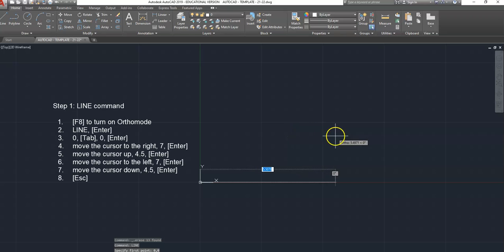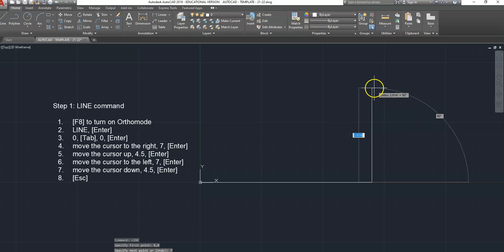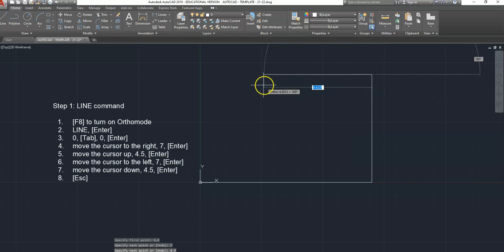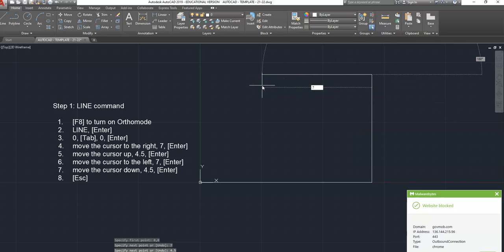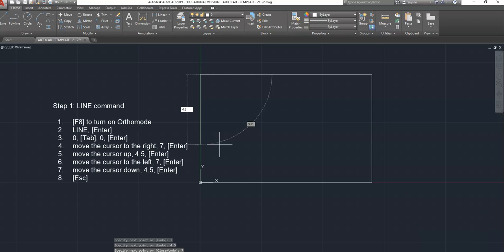Then we're going to move our cursor to the right and type in the number 7, and then press enter. Move the cursor up, type in 4.5, press enter. Move the cursor to the left, type in 7, press enter, and then move the cursor down, type in 4.5 and press enter. And then we're going to go ahead and get out of the line command, so we'll press